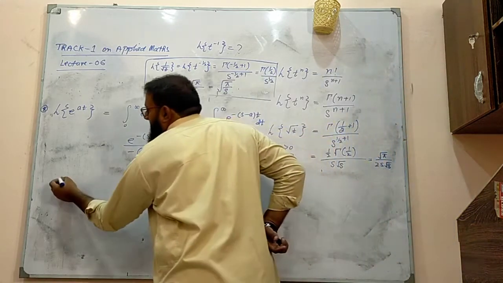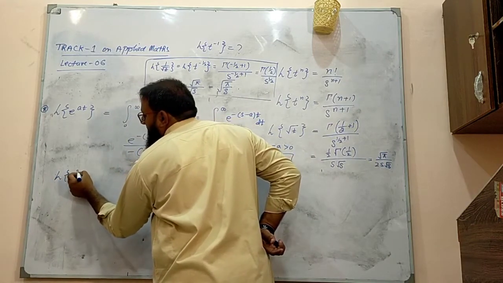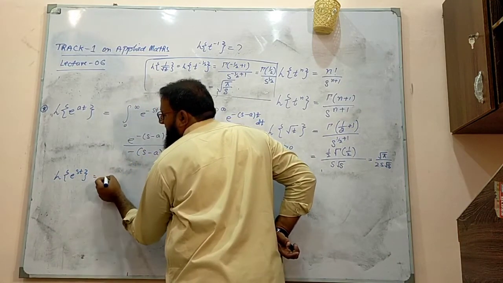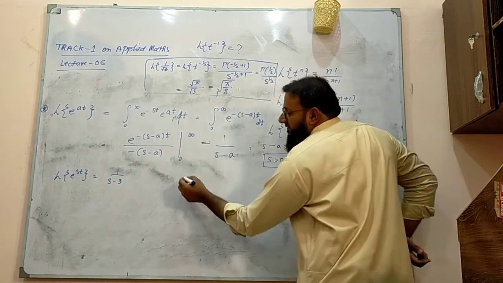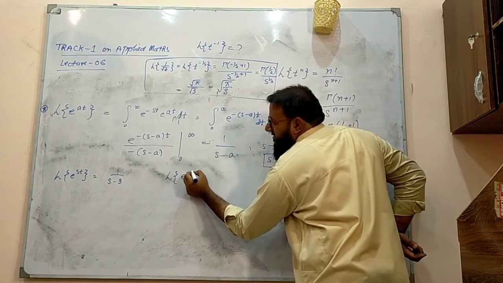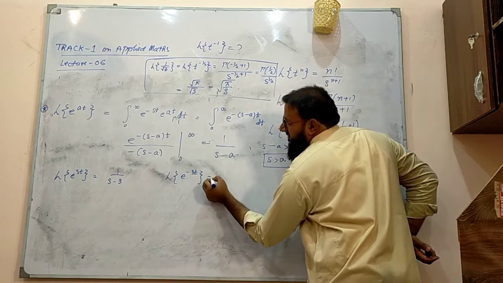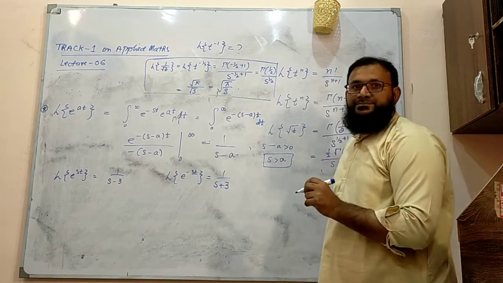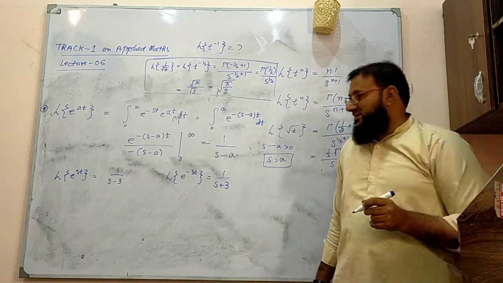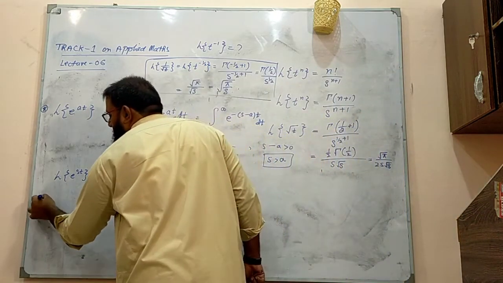So with the help of this formula, you can find the Laplace transform of e raised to 3t, that is 1 over s minus 3. You can find the Laplace transform of e raised to minus 3t, that's going to be 1 over s plus 3. We can evaluate these things easily. Okay, the next thing is, what is the